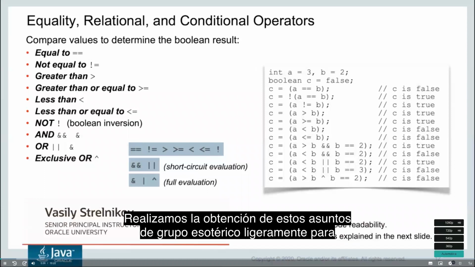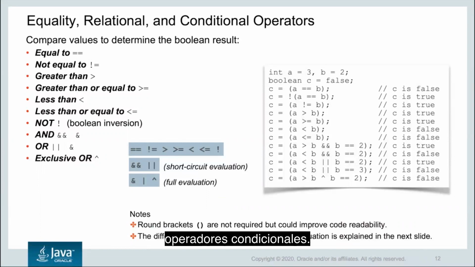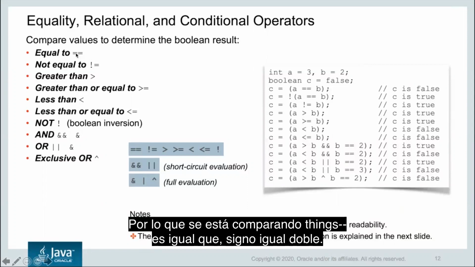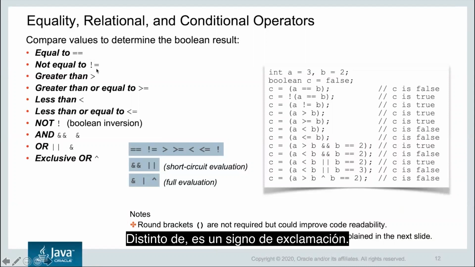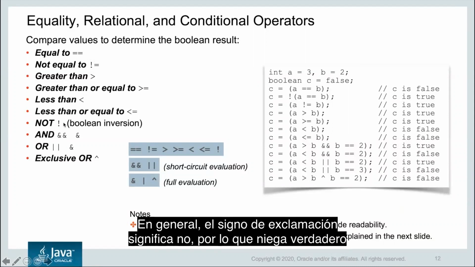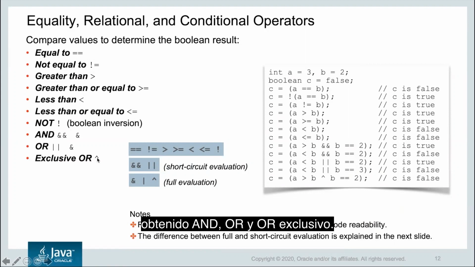Now, let's get from these slightly esoteric subjects to a more practical angle of Java, and this is relational, equality and conditional operators. So we're comparing things. Equals is a double equal sign, don't confuse it with the assignment, the single equal sign. Not equals is an exclamation mark, and generally an exclamation mark means not, so it negates true and false. Greater than, less than operators, comparing things, and also you've got and, or, and exclusive or,